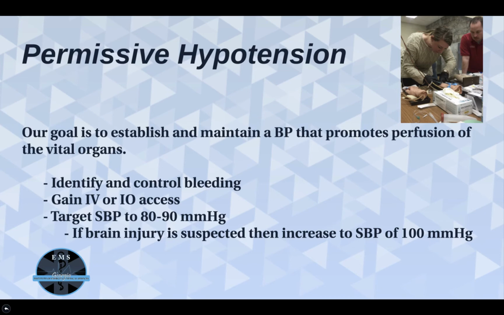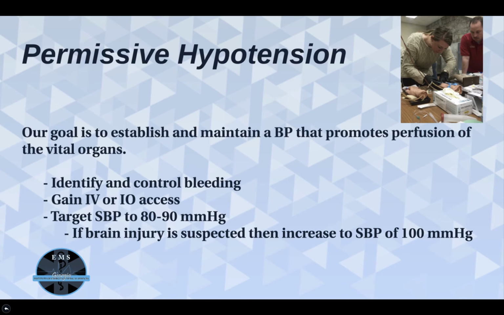So once we get that going, what is our target? How much fluid do we give? What are our parameters there? And some places are saying, hey, let's do like 250 to 500 cc fluid boluses at a time, and let's try to keep that blood pressure somewhere between 80 and 90. Somewhere around there. So we're going to titrate it back and forth, which means that we're going to have to